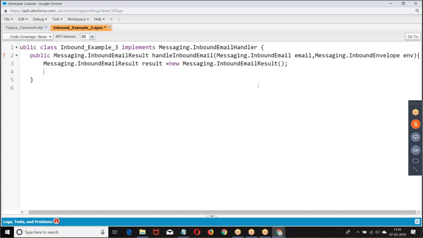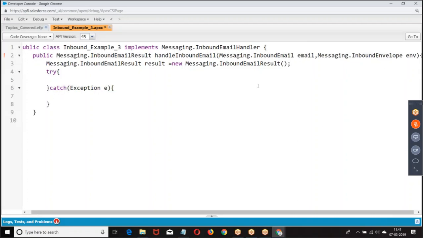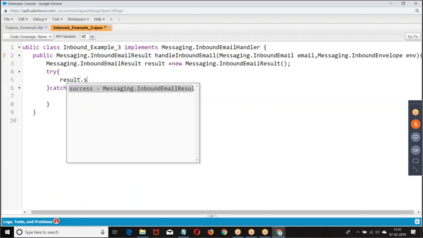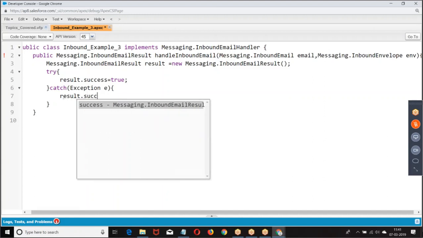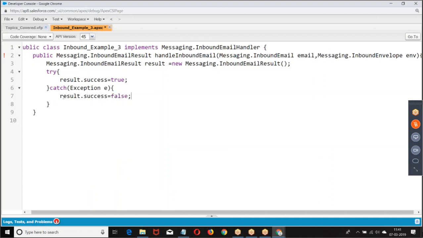Then we are trying to control result.success equal to... This is what we give. What is the first point we need to do?